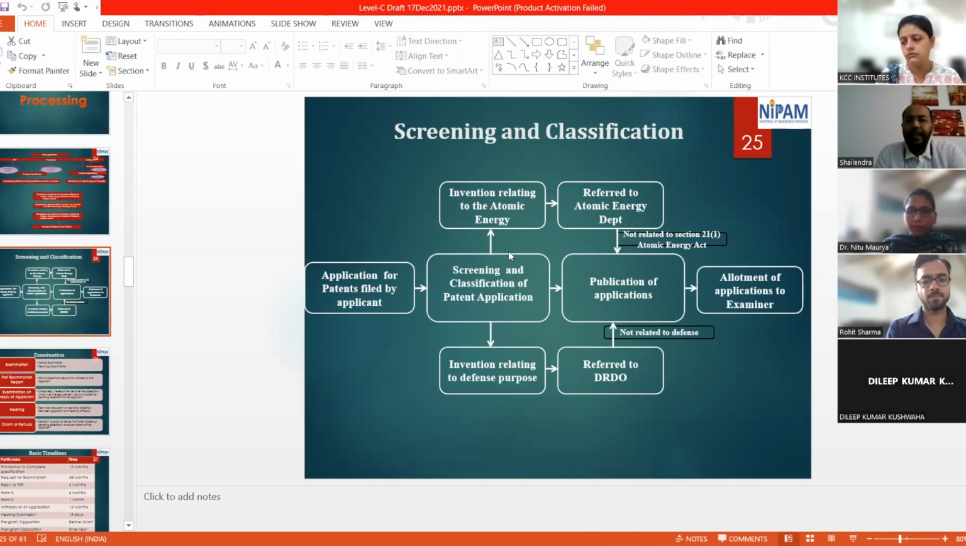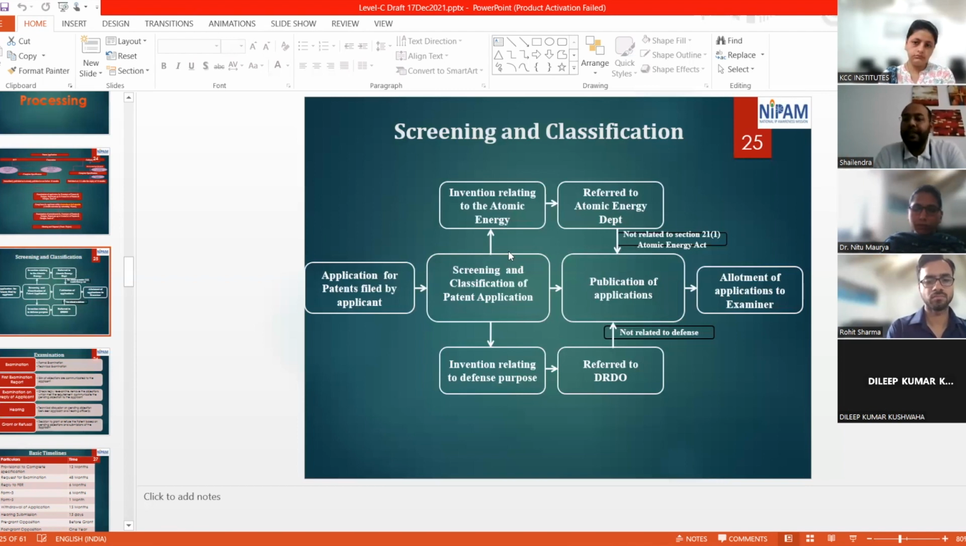So next, there are some categories in patent applications which are not patentable, like defense related applications, or atomic energy related applications. These applications require approval from the concerned department. Like, if your application is related to ammunition, maybe any pistol, or any other type of defense related thing,